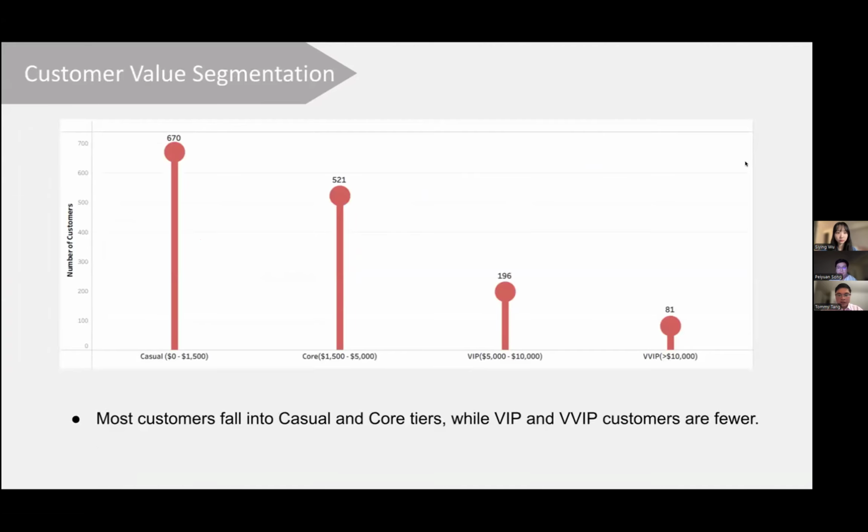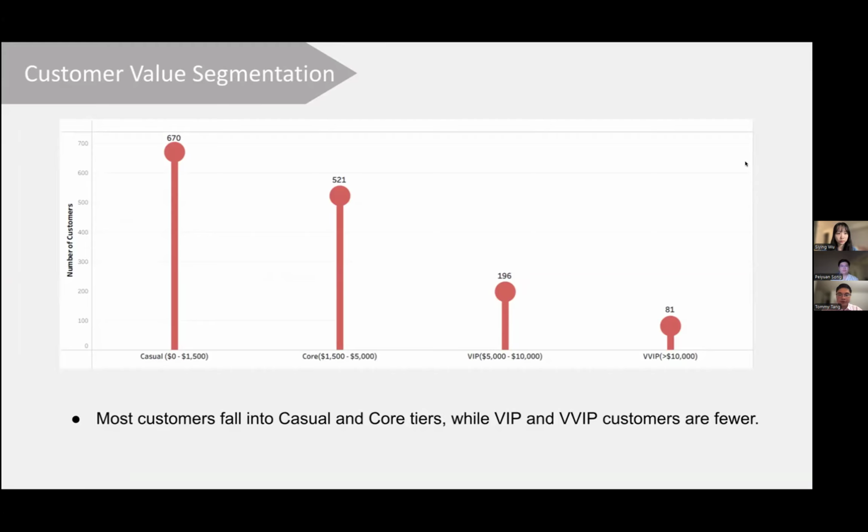Finally, we're doing the customer analysis by their spending tiers. So we manually divide the customers into four groups based on their spending throughout the year: casual, core, VIP, and VVIP. According to the rounded bar chart, the customer base has a pyramid-shaped distribution with a large portion of low to mid spending customers and a small group of high-value customers, which makes sense because moving from casual or core to VIP or even VVIP requires a lot of purchases over time, and that limits the size of